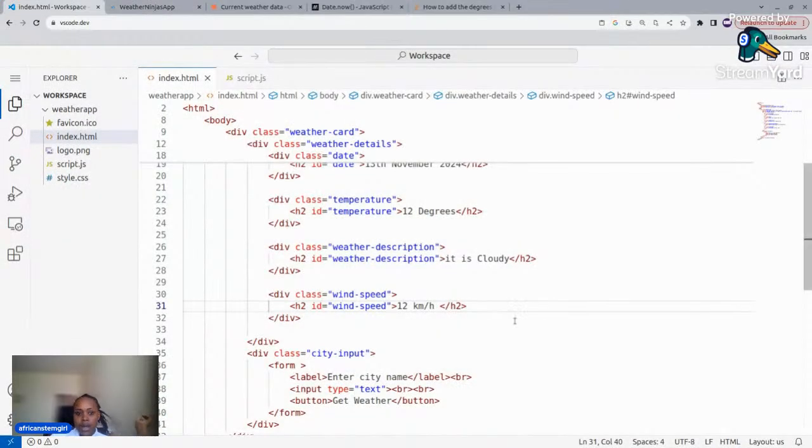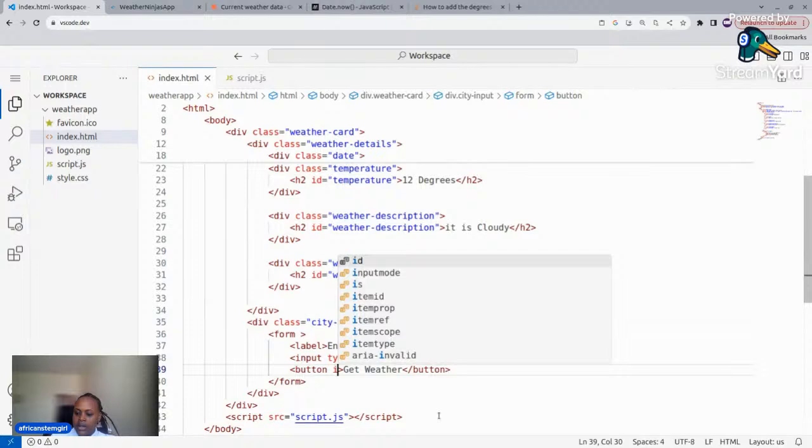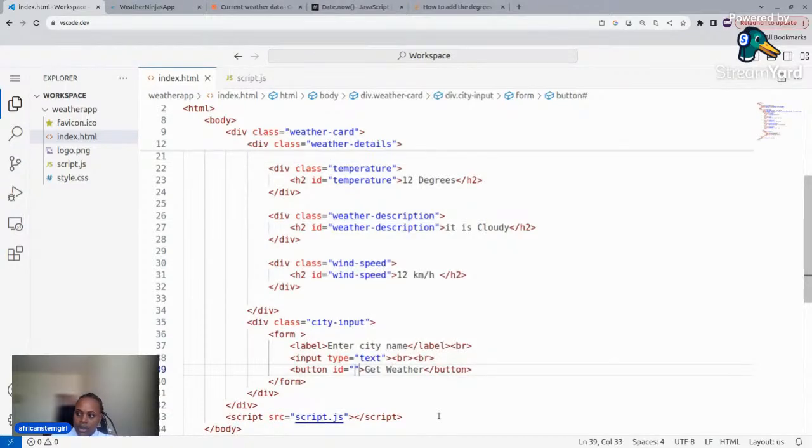Let us see if we have that button. Here it is, get weather. So I'll give it an ID, and I'll give it the ID of, we can write city input button. So if I copy all of this